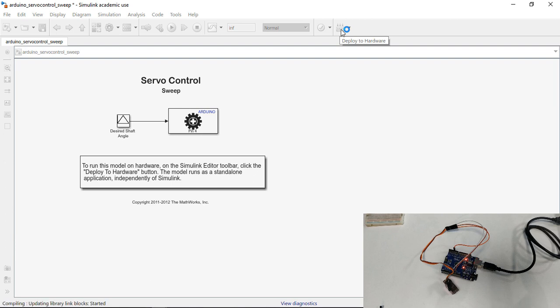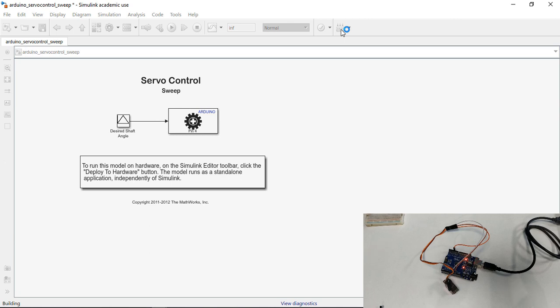So I'm trying to go very slow, and I'm trying to cover all the errors which you guys can encounter, and I'm also telling you the solution for each and every error so that you guys don't make the same mistake. I'm going very slow with this part because using Simulink and MATLAB together for hardware is a bit difficult, and that's where most of you guys would be requiring the help.